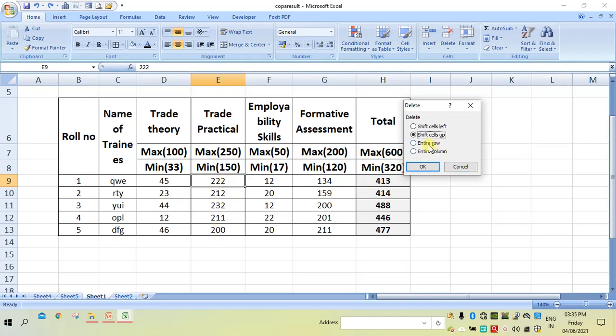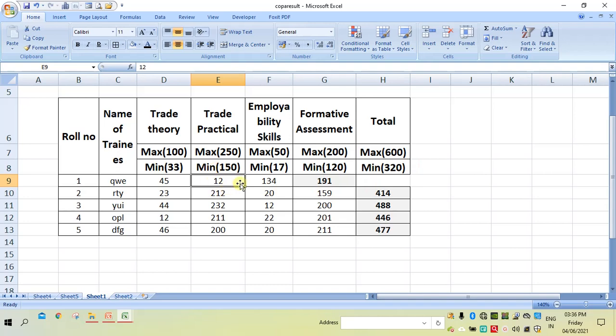If I select entire row, this entire row will be deleted. If I select this, then this entire column will be deleted. This way we can delete. Now let us see how to delete only one cell. Select the first one, that is shift cells left.